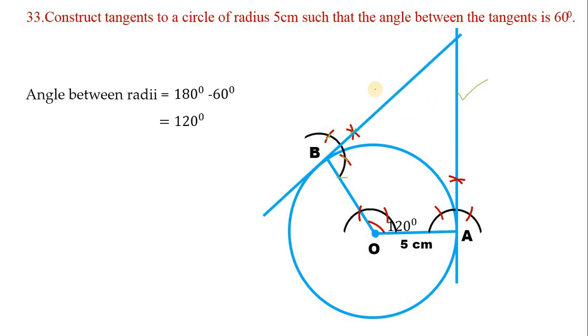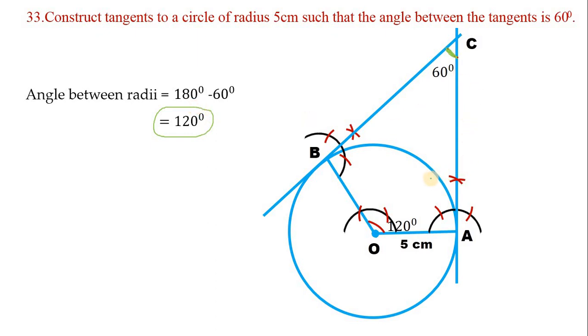These two lines, this line and this line, have to intersect. Both have to touch. Until then you have to produce these lines. Now these two lines are intersected. So that point, you can call it by any name. I am calling it A and mention there that it is 60 degree. See, this measurement they have given. Angle of tangent means this measurement they have given. When angle of tangent is given, this is the way of constructing the figure. First you have to find the radii and then we have to construct the figure.